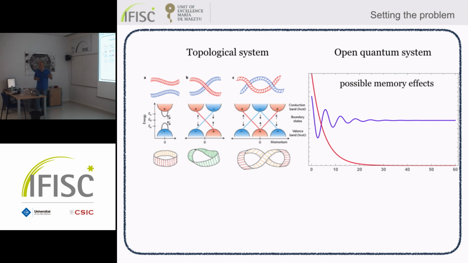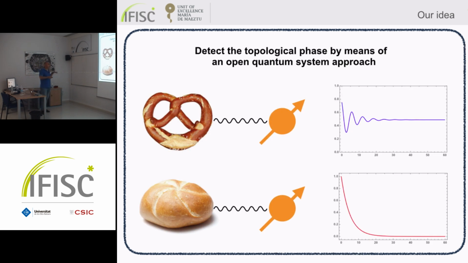If I want to make a picture summary of my presentation, it is this one. You have two different phases. One is a bread, another one is a donut. What? A pretzel, sorry. They act like a big quantum environment, and they connect them to a small quantum unit, external, and as a result, you hope to find something like this. If there is a topology here, you find something like this. If there is another topology, you find something like this. So this is our goal, to find something that can be characterized this way.